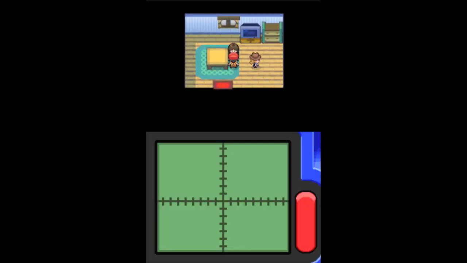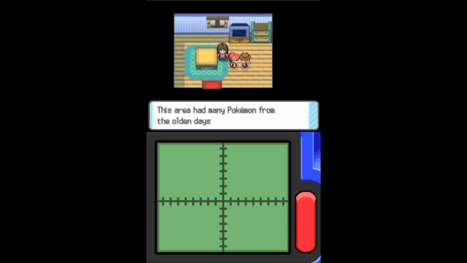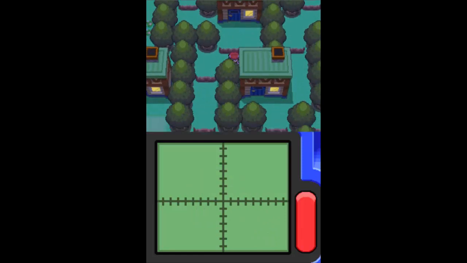Okay. Just have to check. What do you say? Pokemon have a quirky nature? Did you know that Pokemon's nature determines on how it will grow? Yes, I did. This area had many Pokemon from the olden days. They say there were big Pokemon ranches around these parts. Remind me to never speak like a cowboy ever again. Or even a cowgirl at that, my goodness. Okay,